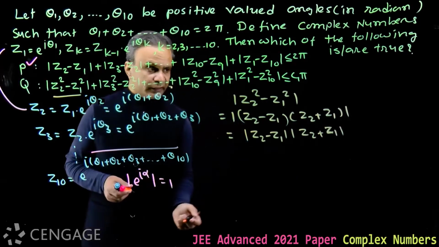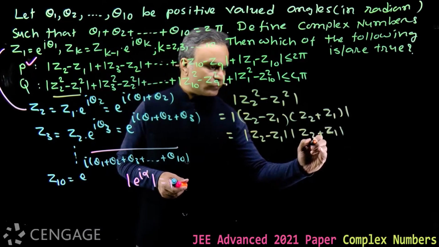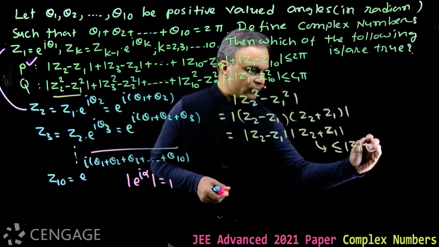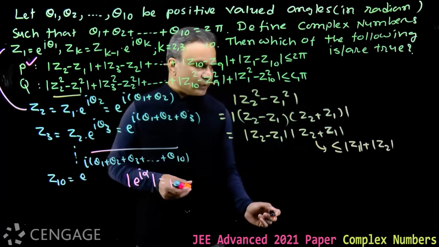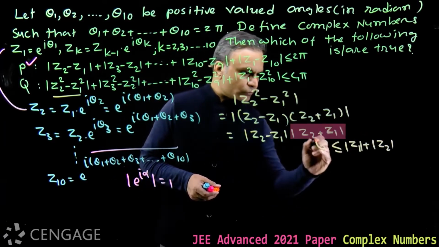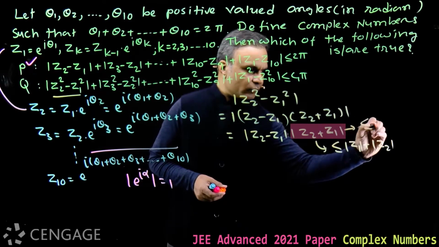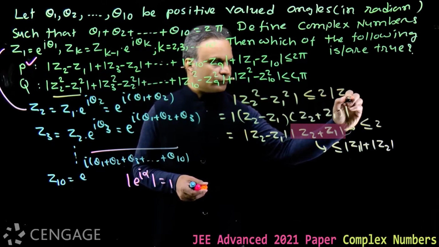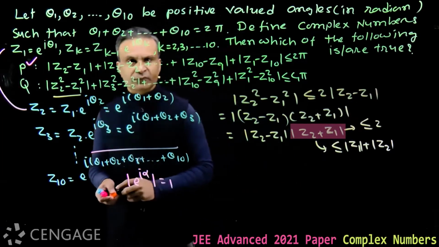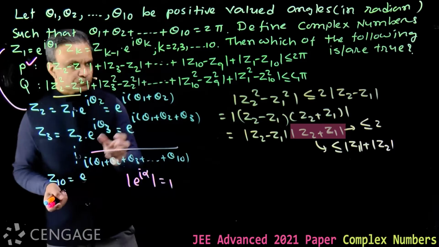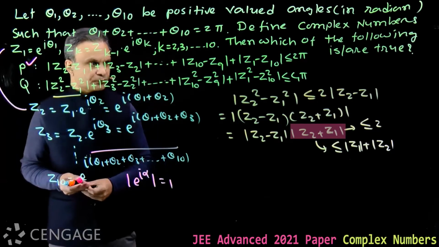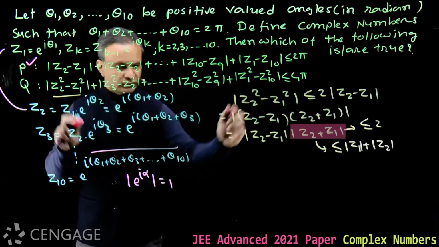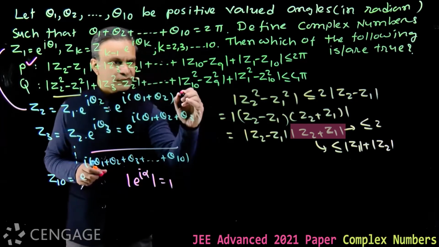Okay, now we use the inequality that modulus of Z2 plus Z1 is less than or equal to modulus of Z1 plus modulus of Z2. Each of these two values is 1, so this is less than or equal to 2, so this will be less than or equal to 2 into modulus of Z2 minus Z1. Similarly, we have the inequality for other terms. So by adding we get this sum,